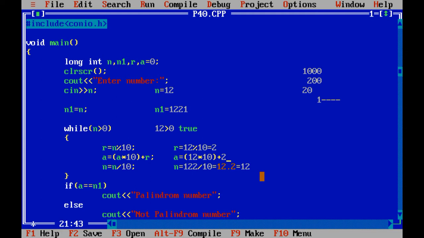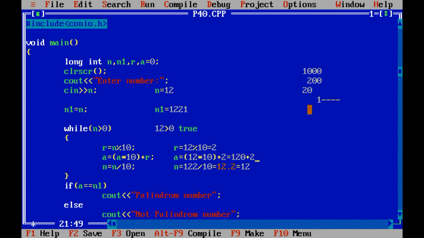And this is a very simple code, right? But I am going to explain it by the value. So I have taken 12 multiplied by 10 plus 2 because the value of r is 2. So over here 120 plus 2.